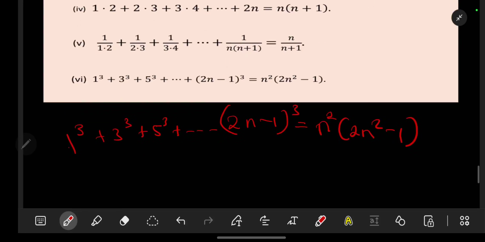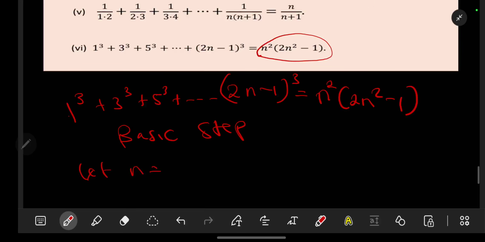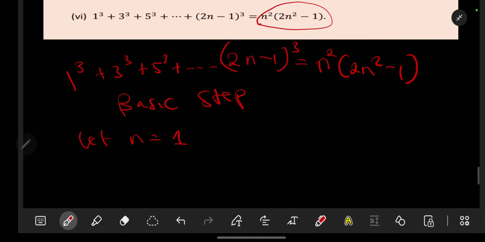So what are we going to have for this problem? So under this problem, we are going to have basic step. Let your n be equal to 1. 1 is much easier to deal with. So let your n be equal to 1, like that. This gives us a value that is equivalent to